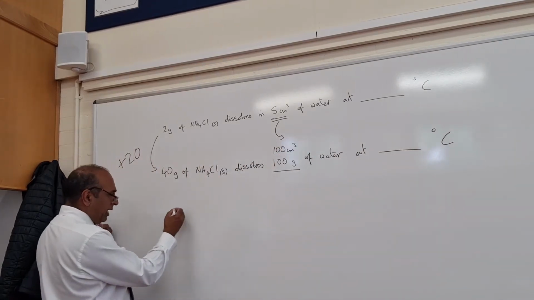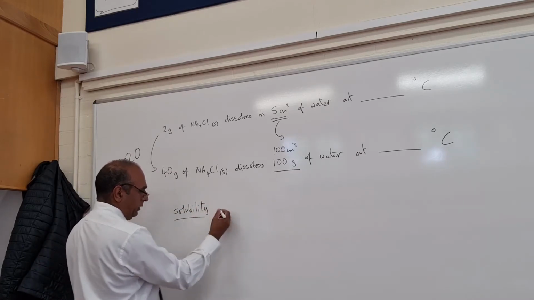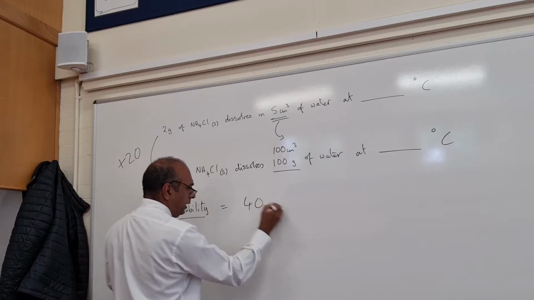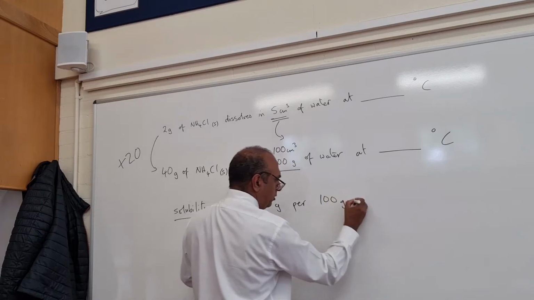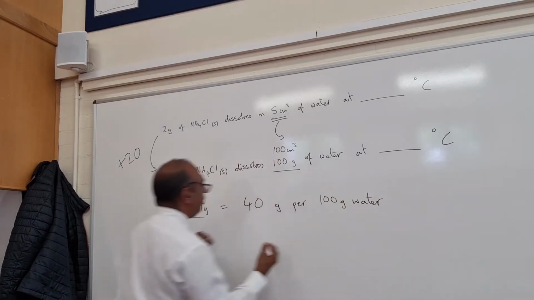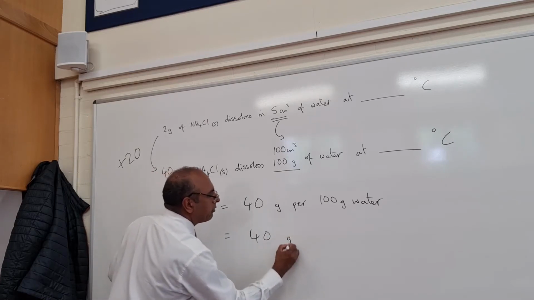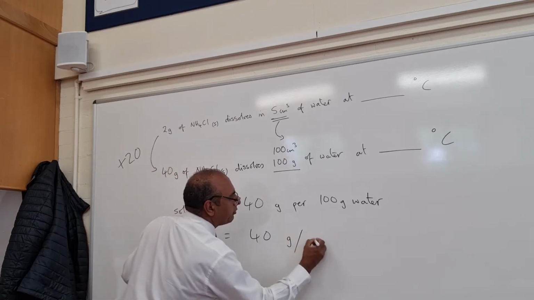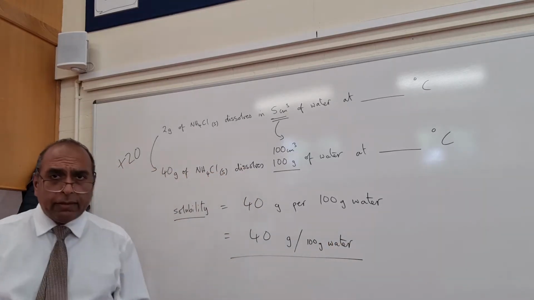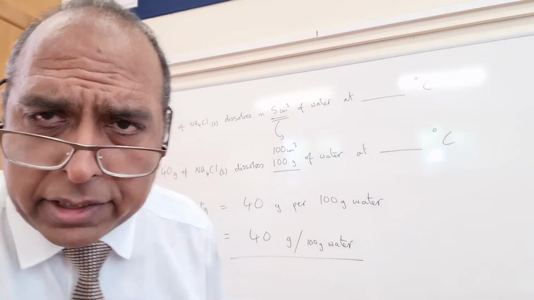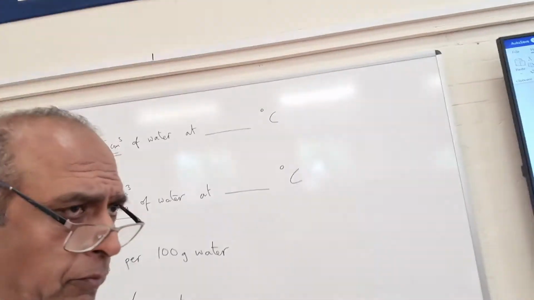And therefore the solubility will equal 40 grams per 100 grams of water. And written in a more sensible way, 40 grams per 100 grams of water. That is how you work out solubilities. You have to scale up to 100 grams. Now look,